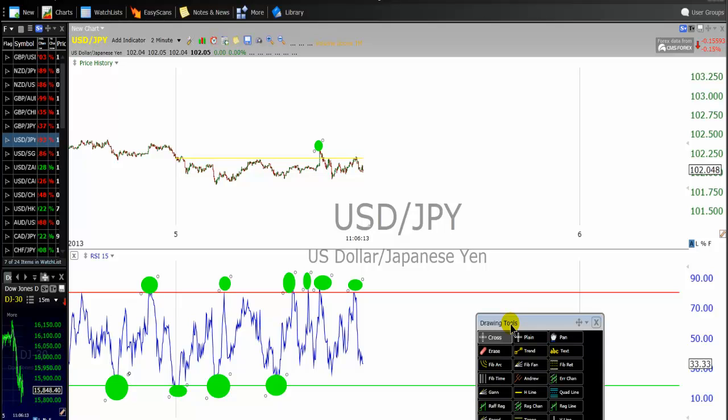Ladies and gentlemen, to summarize this video, we have used high frequency trading rules based on the RSI period 15 on a 2-minute chart. When the RSI period 15 is overbought on a 2-minute chart, that's equal to a sell signal. On the other hand, if the RSI period 15 dips below the level of 20 on the 2-minute chart, that's equal to a buy signal. The computer will take this trade. Depending on the rules that we set for the computers, we can manage the trade carefully and achieve consistent winning trades. There is more to this, which we are discussing on this channel,